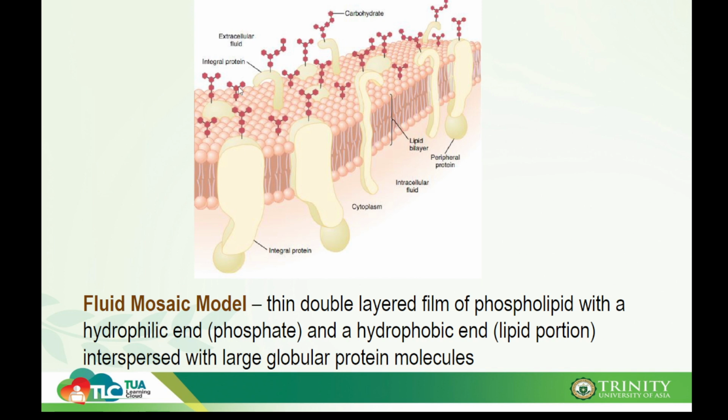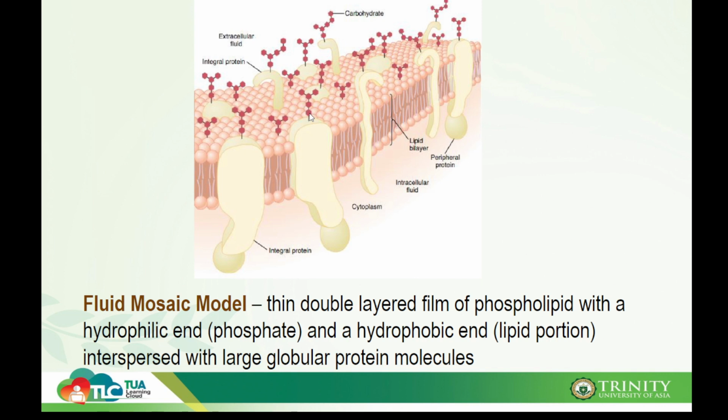There are two types of proteins that we see here: those that protrude or pass through the cell membrane, and those are what we call integral proteins. And we also have proteins that are only found on one side, and these are what we call peripheral proteins. The last structure that we see here are these red antenna-like structures. These are your carbohydrates, and they function to act as glue for cell adhesion and also to act as antennas